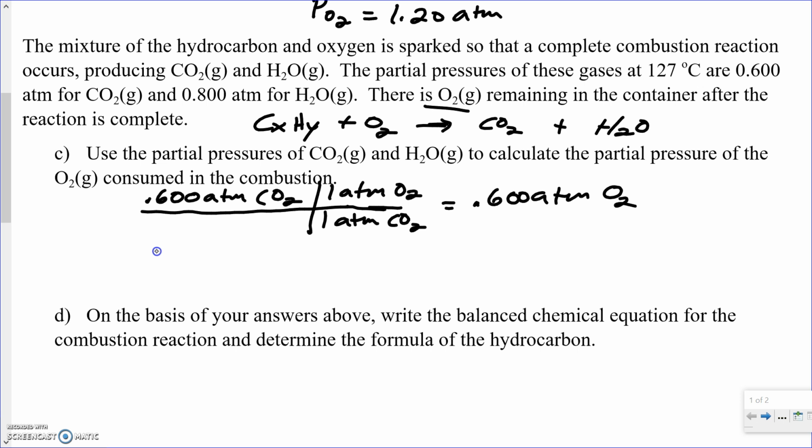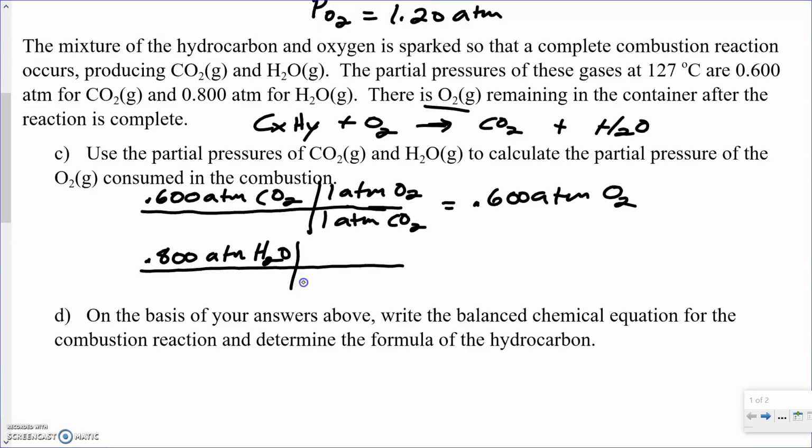We'll do the same thing with the water. 0.800 atms H2O, and again, notice all I'm doing is using my pressure just like I would a mole value, and that is because we're able to do that understanding the relationship of pressure and moles and temperature and volume and all that stuff that Avogadro helped us with earlier. Okay, so 0.800